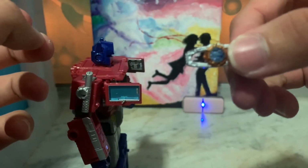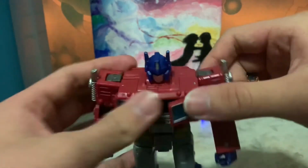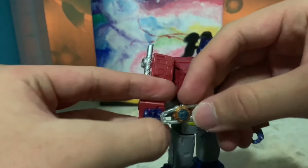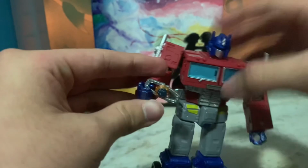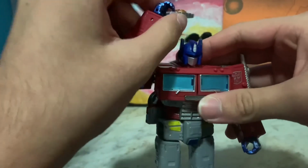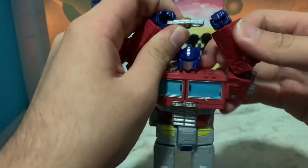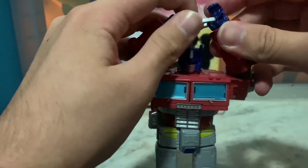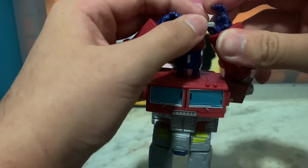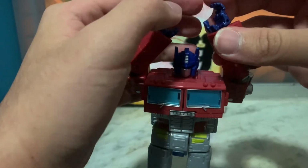This figure is $500. $500, everyone. And he can't really hold it, but of course you can just slide it in his hand, and that kind of looks like he's holding it. Or you can do this and have him raise it up like Hot Rod. I don't know why you would want Optimus to be like Hot Rod, considering Hot Rod is the one that got him killed, but okay, I'm done with